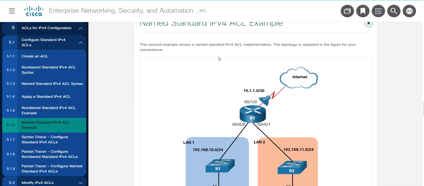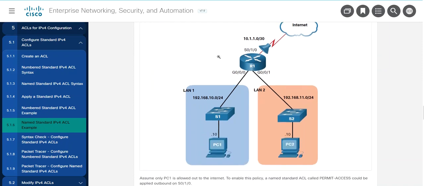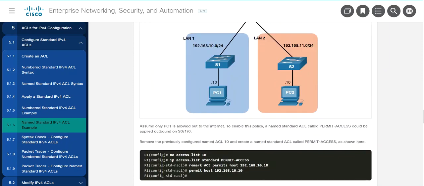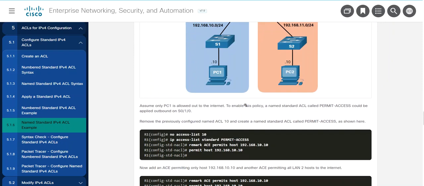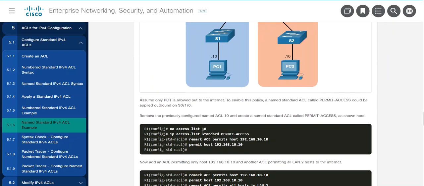An example of a named standard IPv4 ACL would be right here. So what they've done is gone in and removed the numbered one, so they just did no access list 10, and that just removes the whole thing. So they wanted to add the named IP access list standard permit access. They've added a remark statement about permitting host 192.168.10.10,